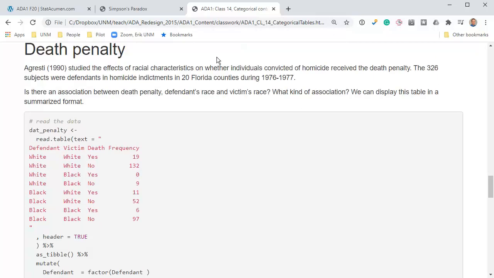All right, the second example here is about the death penalty. So 30 years ago, we've got data that was actually taken 15 years before that in 20 Florida counties that studied the effects of racial characteristics on whether individuals convicted of homicide received the death penalty. Okay, we've got over 300 subjects,